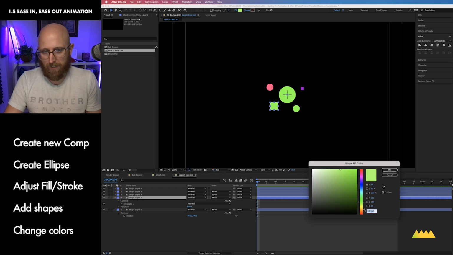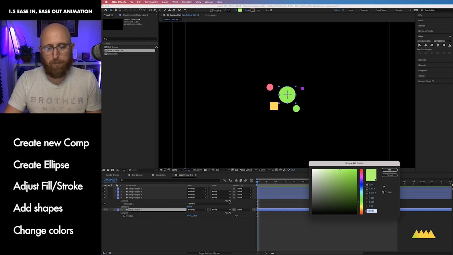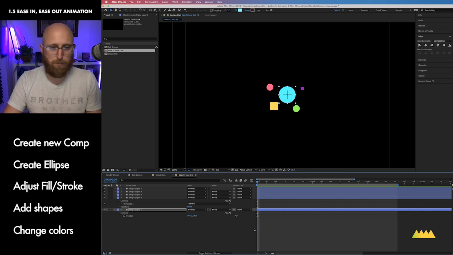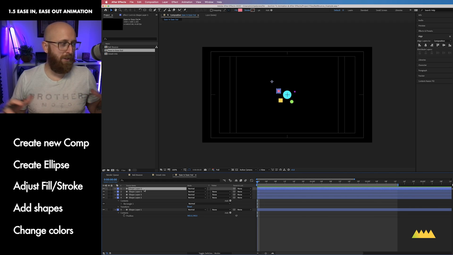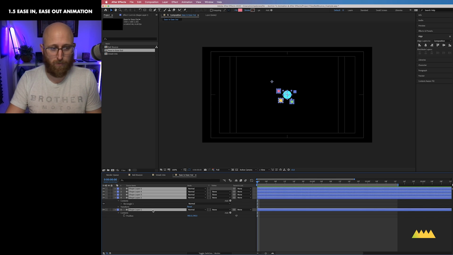And instead of green, let's choose something kind of orange. And on this base shape, instead of green, let's choose blue. So this is a good example of animating multiple things at once and then offsetting. This is something that's going to be really common as an After Effects user as well, where let's grab all